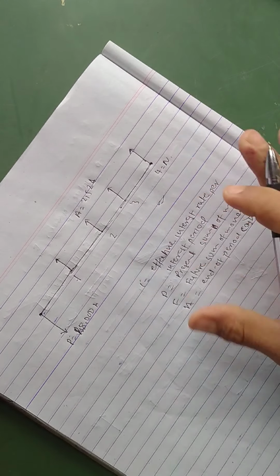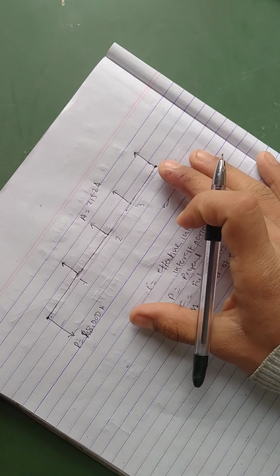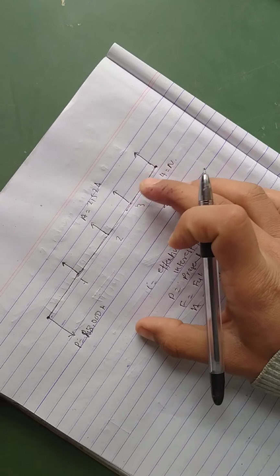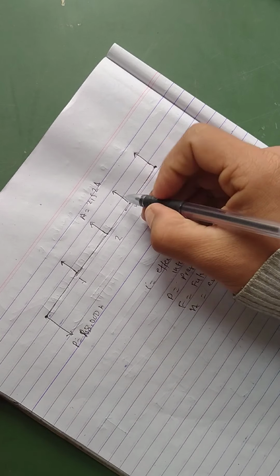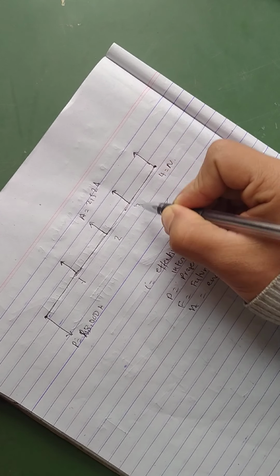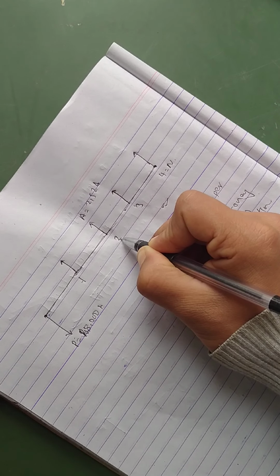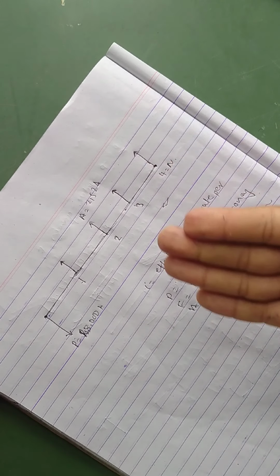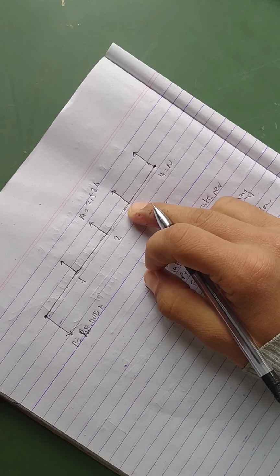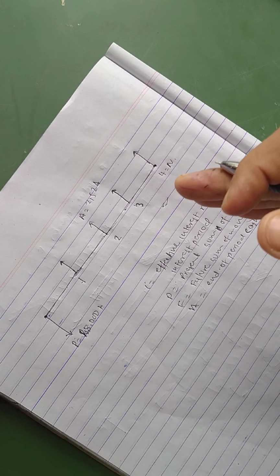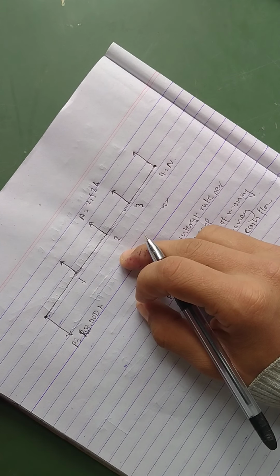If you have any confusion about why I'm using this arrow, let me tell you guys. The arrow signifies the cash flow and is placed at the end of the period. This is the end of the third period. This is the end of the second period, but it is the starting period for the third year. So the arrow signifies the cash flow and is placed at the end of the period.